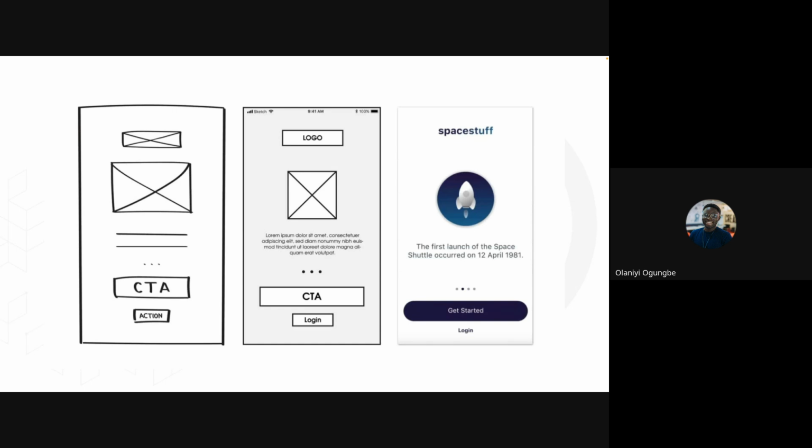You could use sketches for it. That is the low fidelity. Then when you start using a software to recreate the low fidelity, but making it look a little bit like what the final product should look like, that's mid fidelity. While the final one with all of the branding, the colors, the typography is the high fidelity. Do you guys understand, Damilola and Damilola?